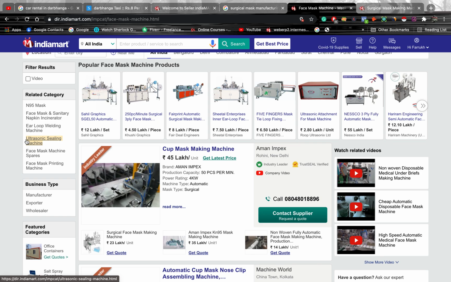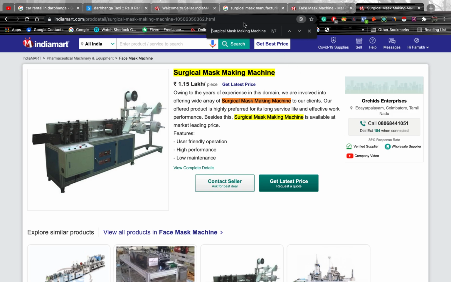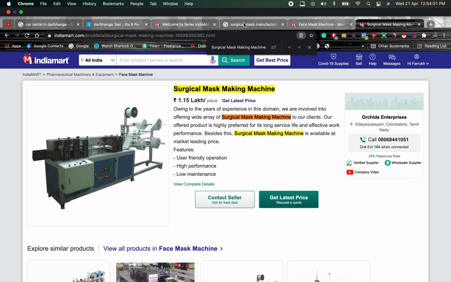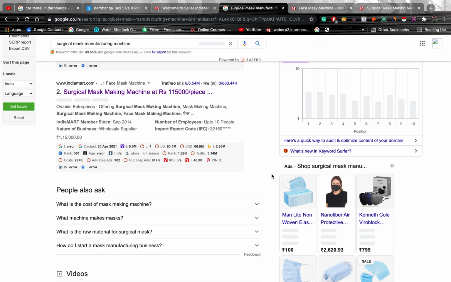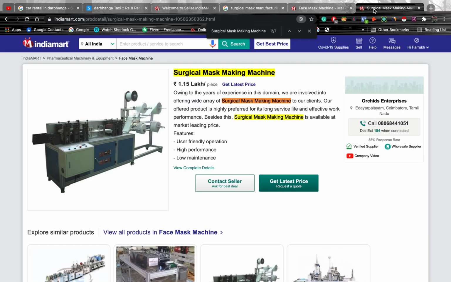So what will happen if you do these activities is that your listing will be optimized well, and organically you can also be recognized in Google, as this listing is recognized and somebody searching for that lands up here. So anyhow he is getting the advantage. The calls and inquiries will be generated directly. The same fashion you have to do it. So remember the heading, and then in the description you have to mention these keywords.